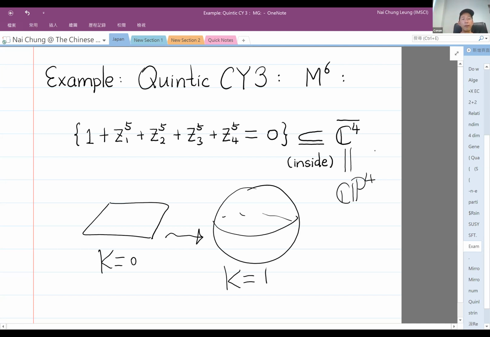Because of the fundamental theorem of algebra, you have all these solutions which behave very well, and then the first Chern class equals 0. By the result of Yau, this space is then a Calabi-Yau manifold. It has an Einstein equation that can be solved. This one is real 6 dimensions, because you have originally 4 complex dimensions. You cut by 1 equation, you get 3 complex dimensions, which is 6 real dimensions.